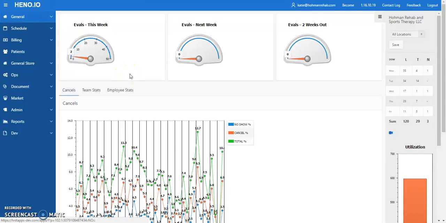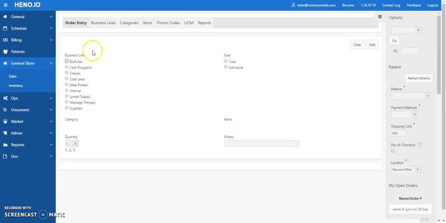So for the sales add-on component of Hino, I'm going to show you how to set up your general store so you can sell any cash items in here. Okay, so you're going to go to the left-hand side and click on General Store. So the sales component. Okay, this is where you would enter all of your items